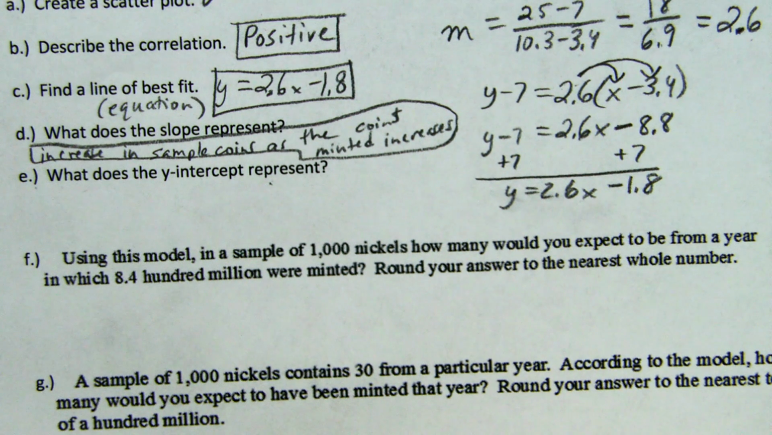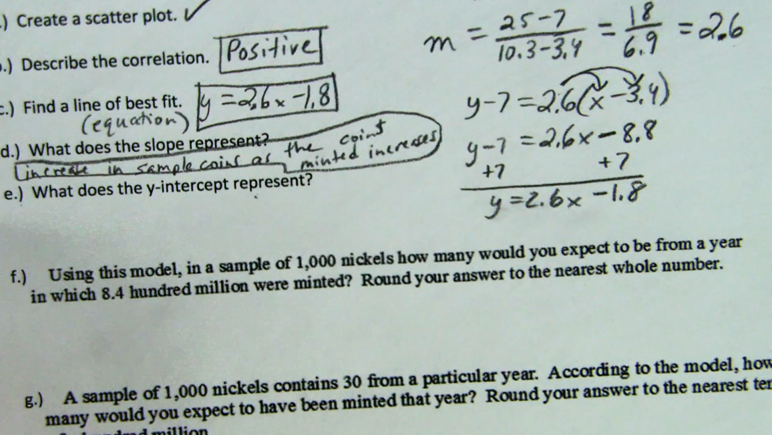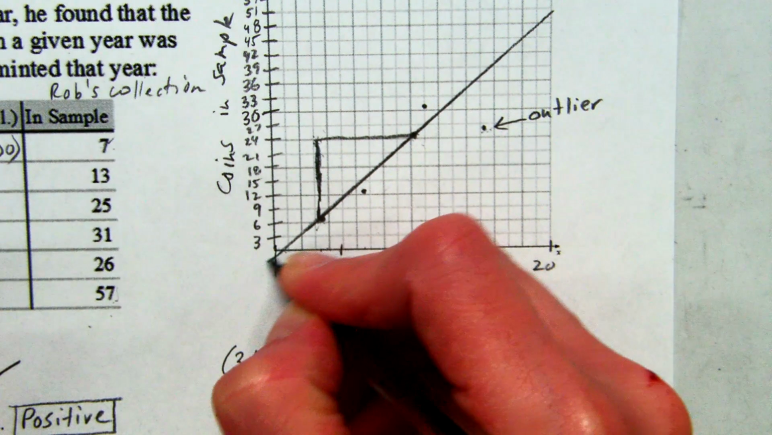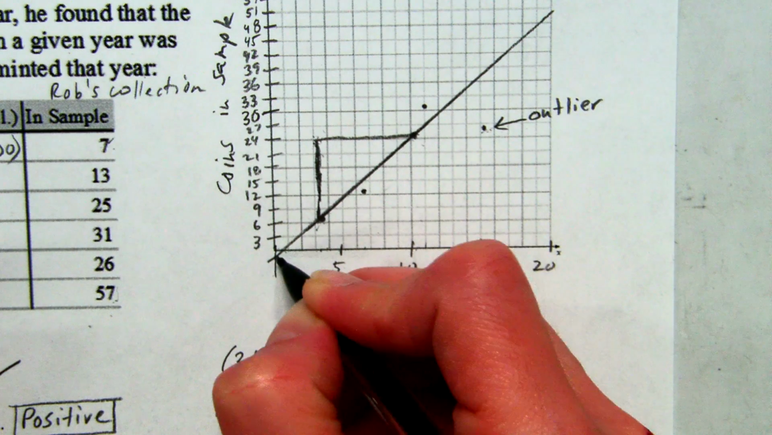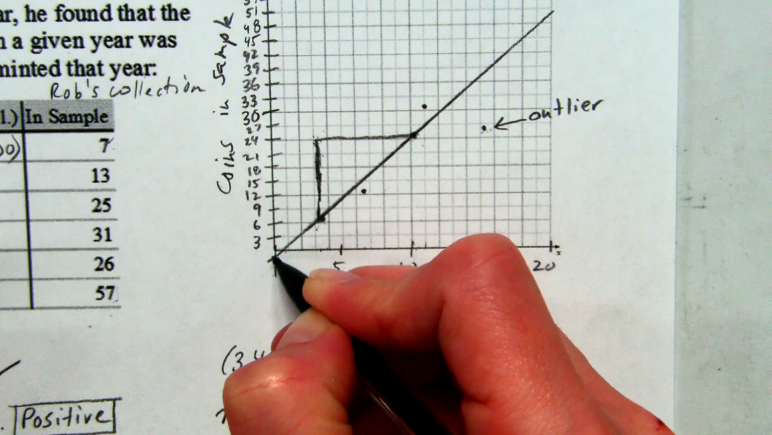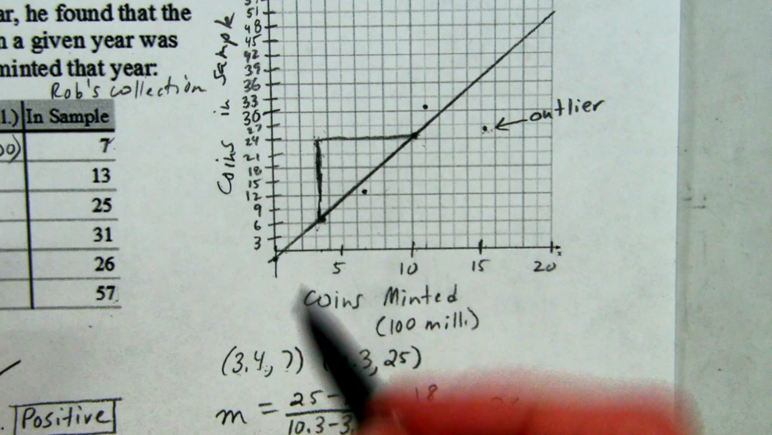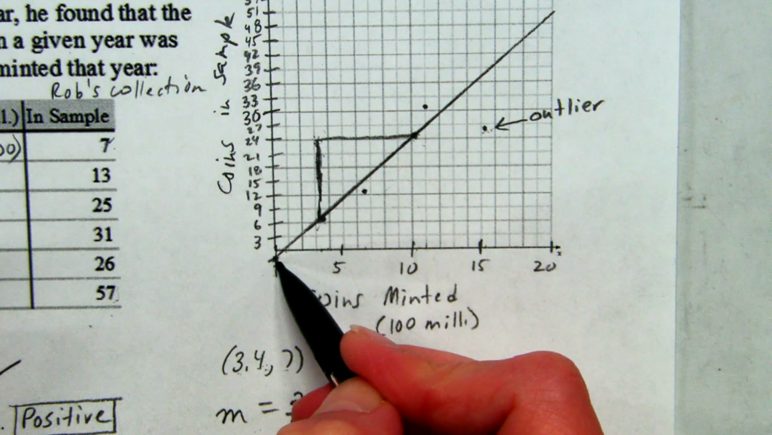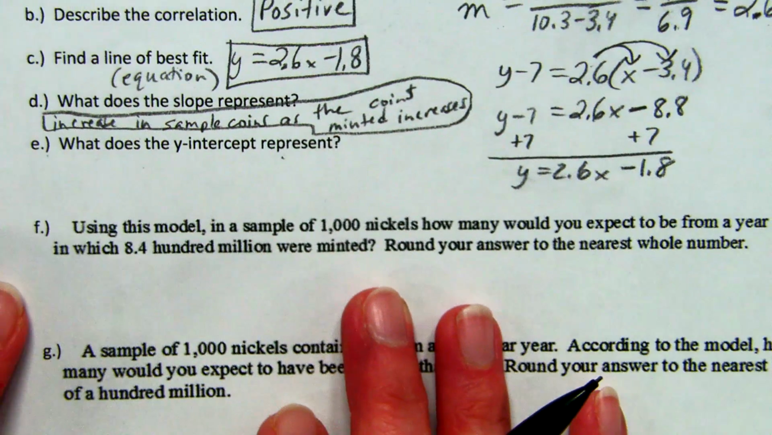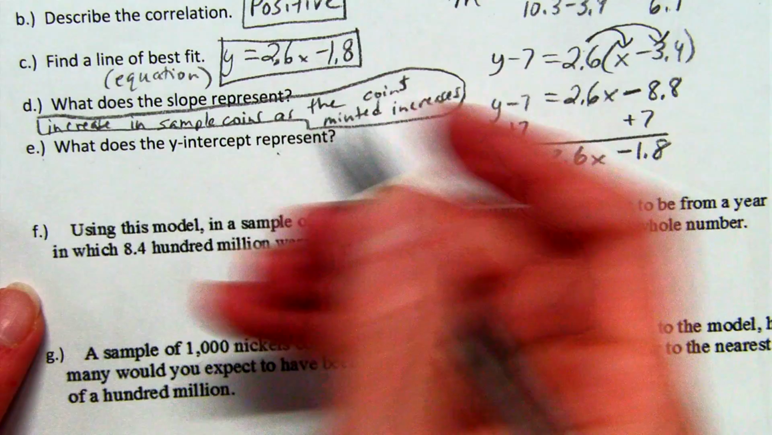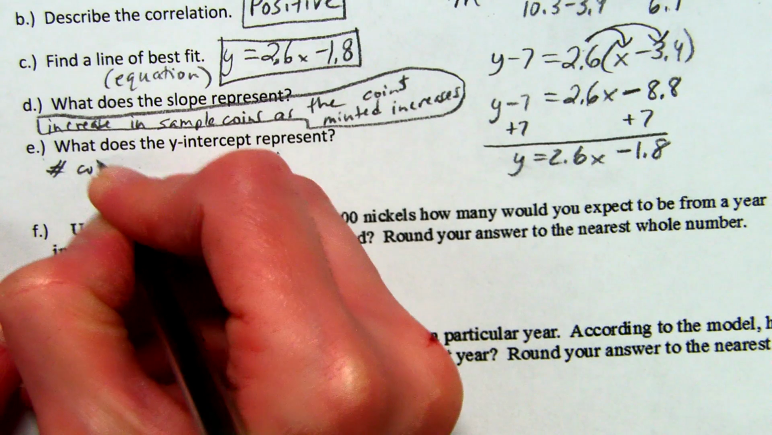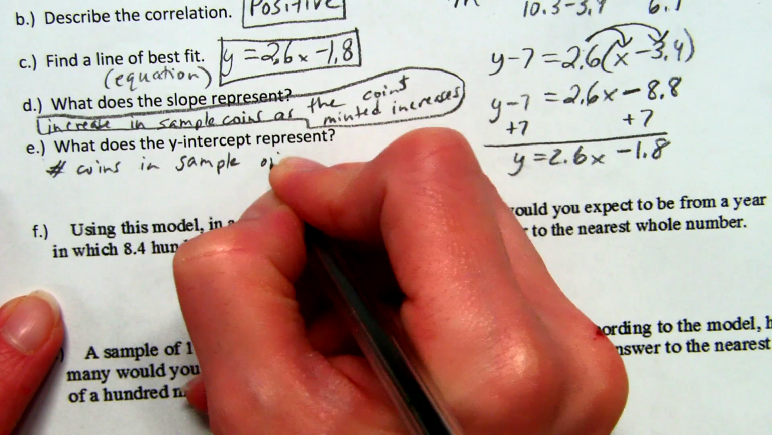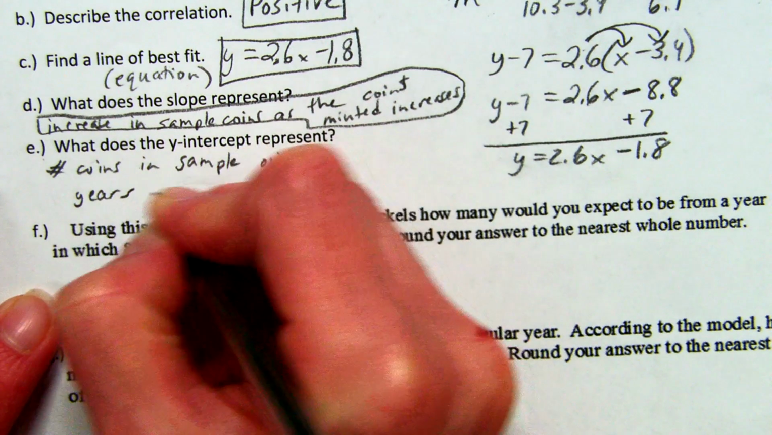We really don't have years here, so the y-intercept is a little bit interesting. If we look at our graph, we'd have to extend the graph down to the negatives, and it's about negative 1.8 down here. It's a starting point for our best fit line, and it would technically be the number of coins he would have in a year where they minted absolutely no coins. So there's a couple ways you could think about that. If you're being very literal, you would say it's the number of coins in the sample, which is the number of coins that Rob has on a year, not years,